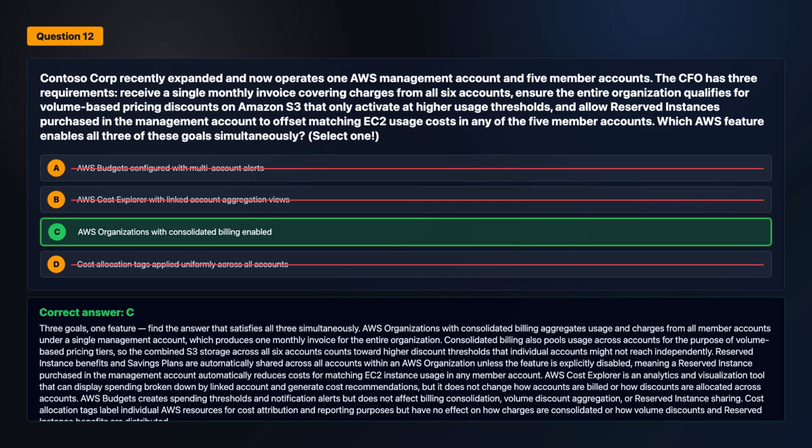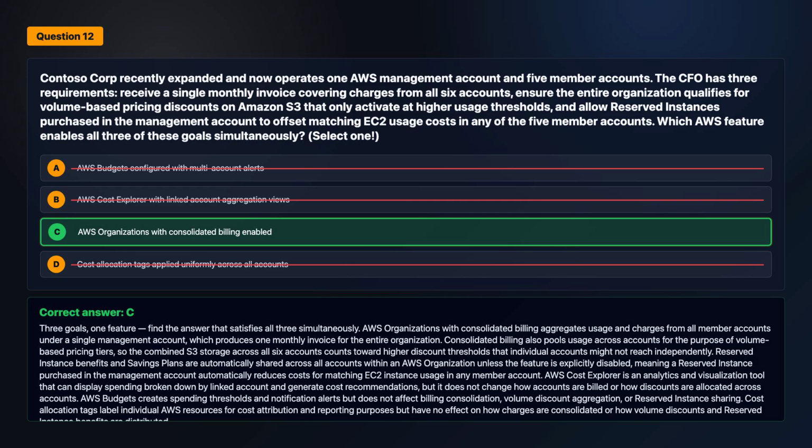Consolidated billing also pools usage across accounts for the purpose of volume-based pricing tiers, so the combined S3 storage across all 6 accounts counts toward higher discount thresholds that individual accounts might not reach independently. Reserved instance benefits and savings plans are automatically shared across all accounts within an AWS organization, unless the feature is explicitly disabled, meaning a reserved instance purchased in the management account automatically reduces costs for matching EC2 instance usage in